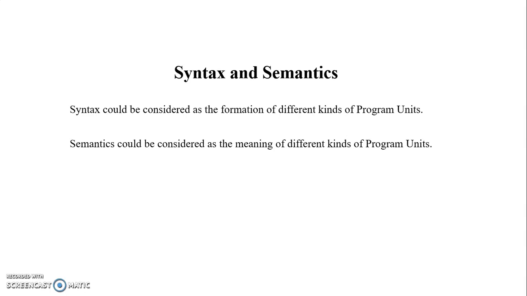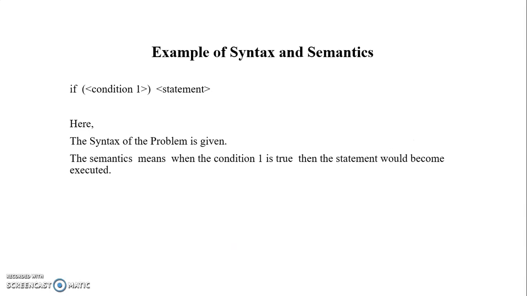So syntax could be considered as the formation of different kinds of program units, and semantics could be considered as the meaning of different kinds of program units. So semantics means the meaning and syntax means the formation. Here I am giving one example. See, here I have written: if condition 1 then statement. That means the way I have written here, the formation of one kind of programming language,